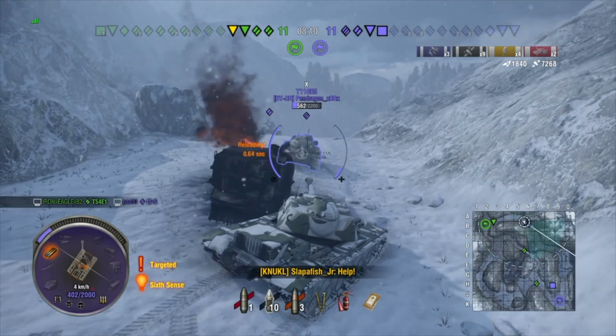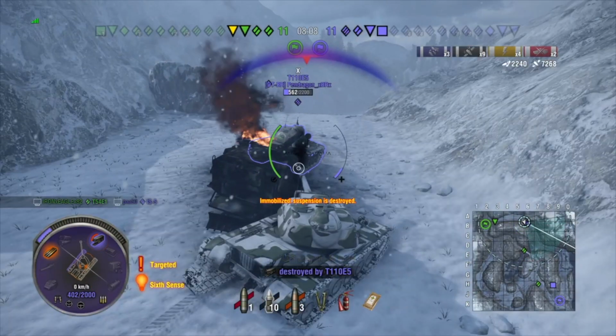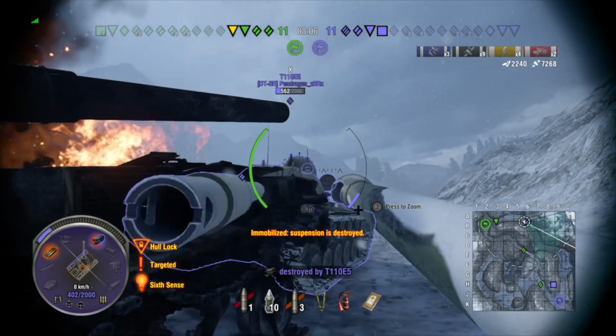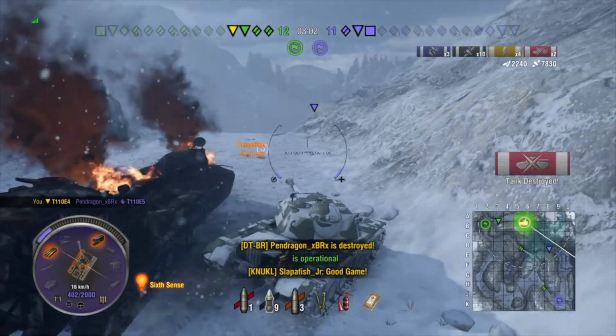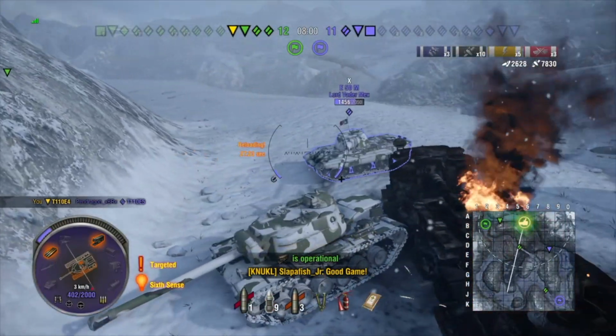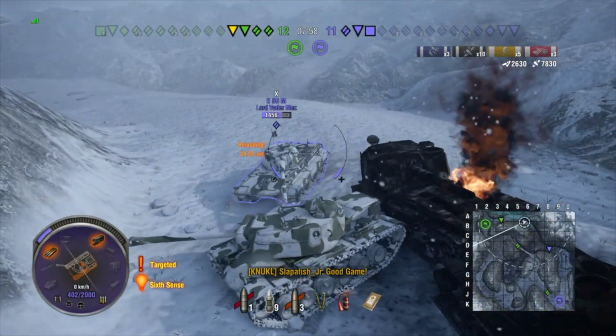So I kind of want to take him out pretty quickly. I don't want to bounce or let my shot get distracted, so I go straight for his cupola. Right here I was like, okay, I am done. There's no way I can win this. But